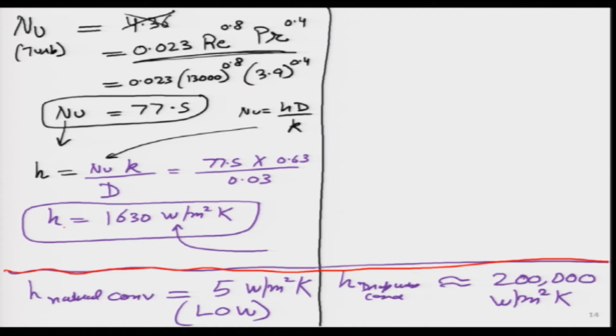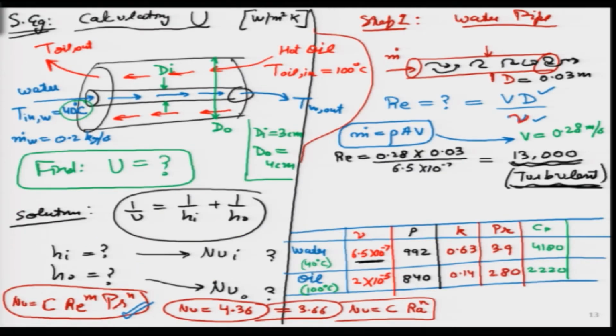So, here I will put a subscript h i. Why am I putting subscript h i? Please tell me. Maybe I will write it in blue, because water was the cold fluid. So, I am writing in blue for the cold one over here. If we can clearly see over here, water is in the inner pipe. So, h i we have obtained.